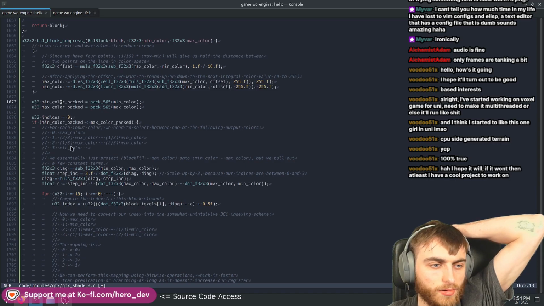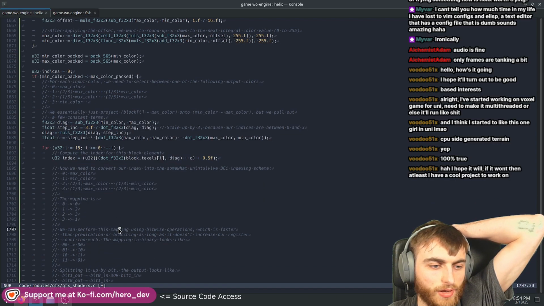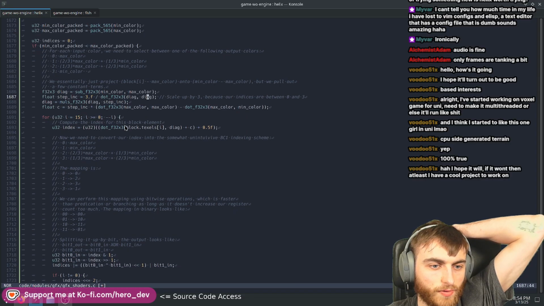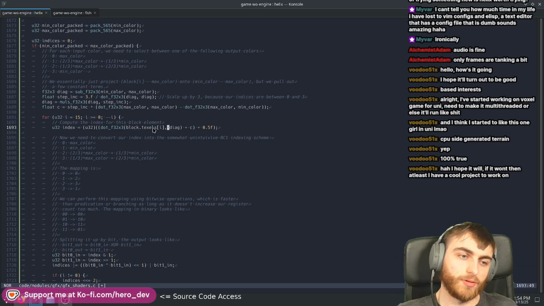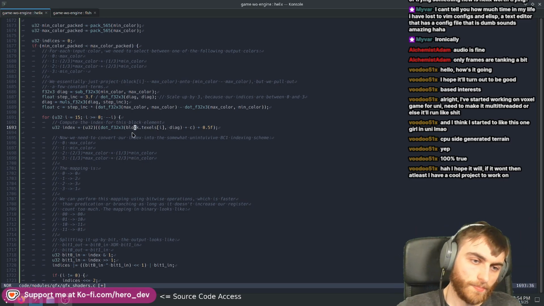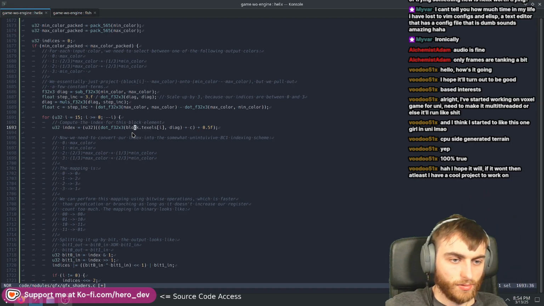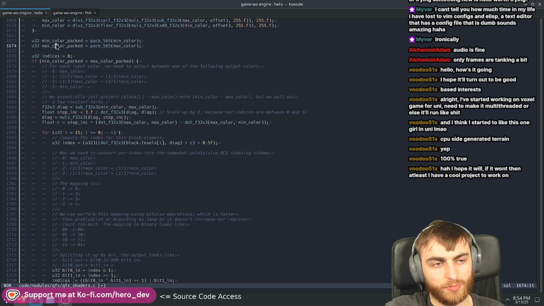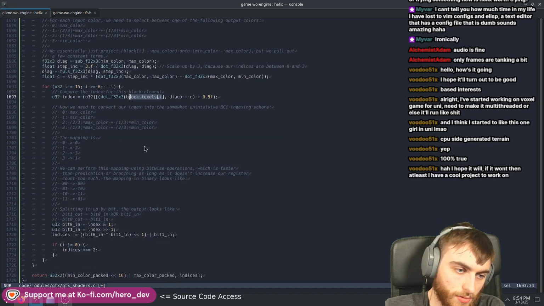And then all this is doing is finding the closest point on the line, hence why you got these dot products going on here, right? Is finding the closest point on the line for each of the texels. Yes, there's two points in space, and then there's a bunch of texels which will fall on the line between those two points, basically. That's all it's doing. And it's spitting out